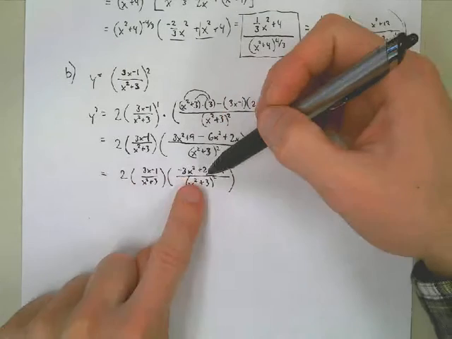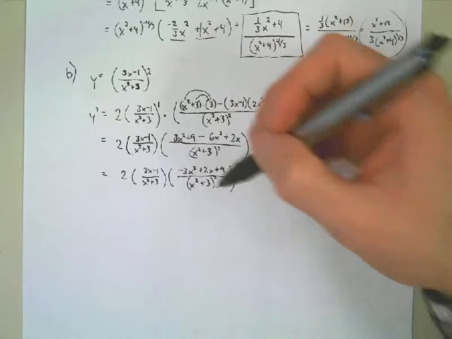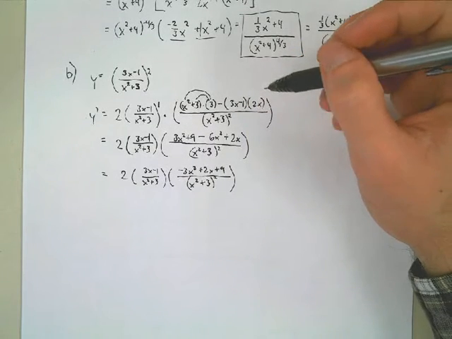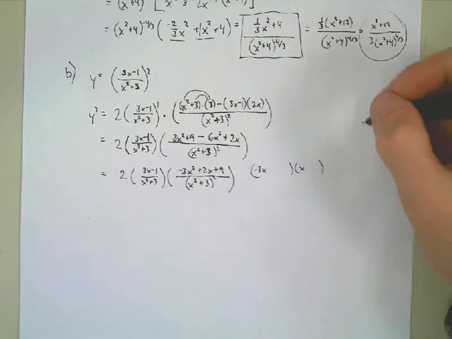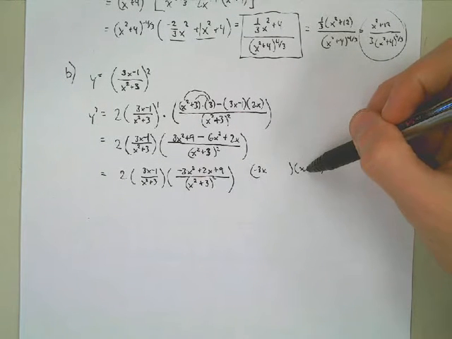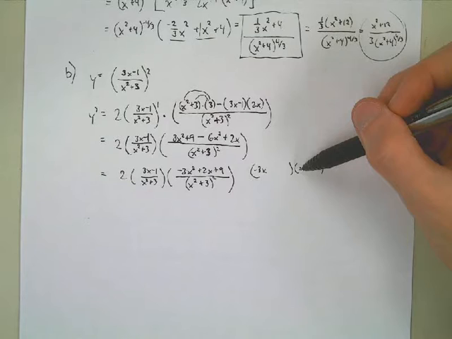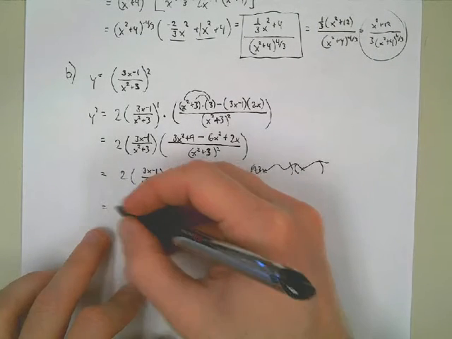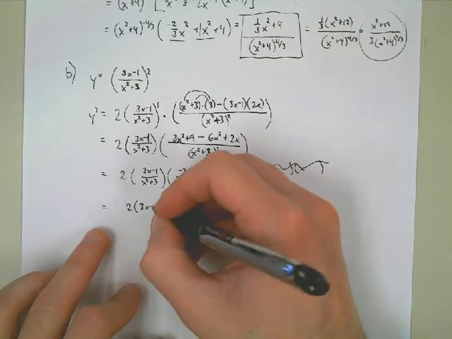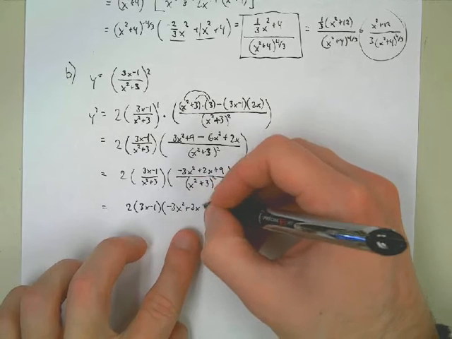All right, let's see. Does this factor? Negative 3x squared plus 2x plus 9. Let's see here. Negative 3x times x. Let's see. 9. I don't think this factors. 3x. Yeah, I don't think it's going to factor. So we'll have to leave that. So we'll leave 2 times 3x minus 1 times negative 3x squared plus 2x plus 9, all over